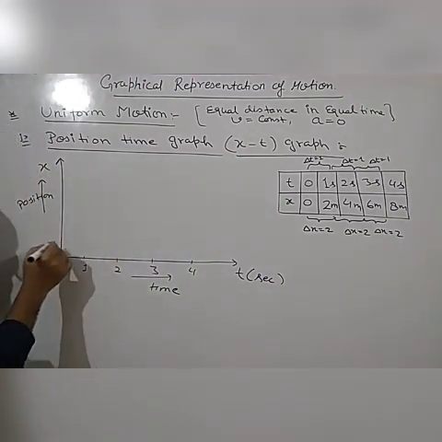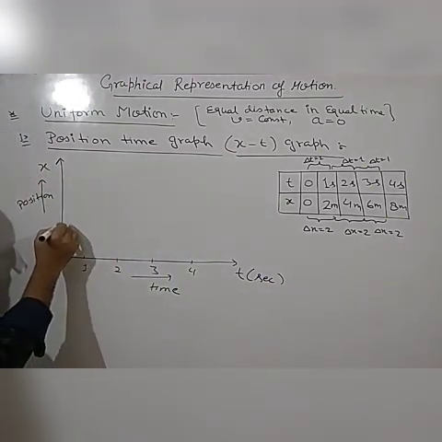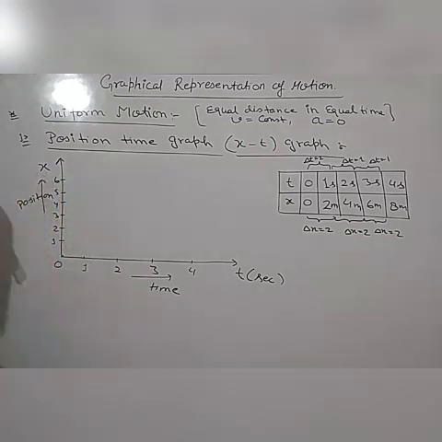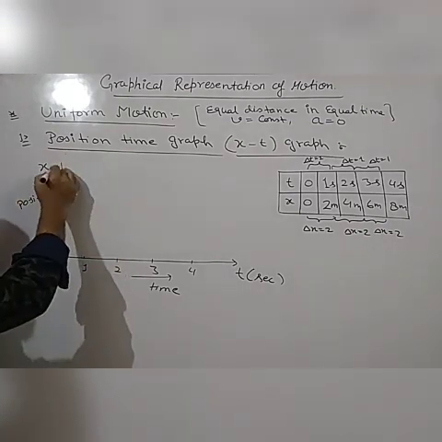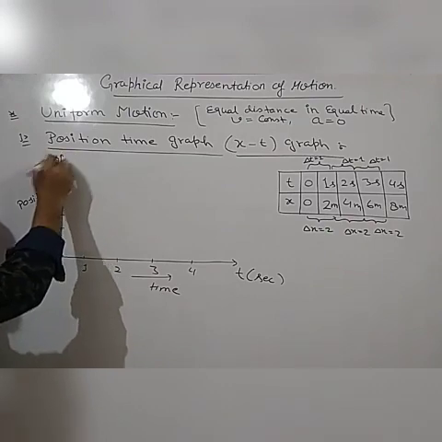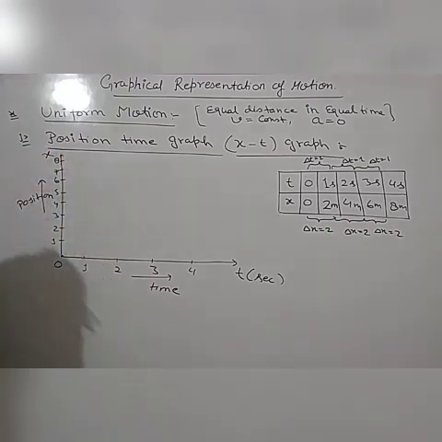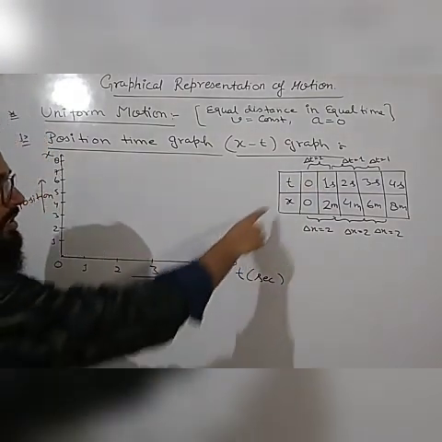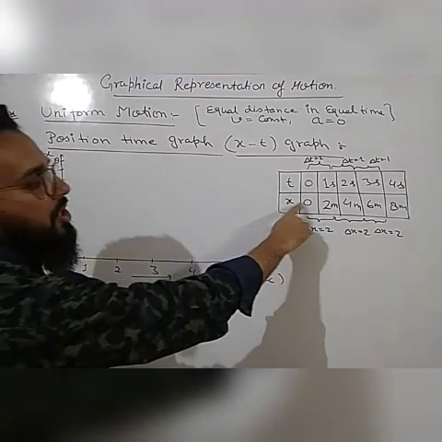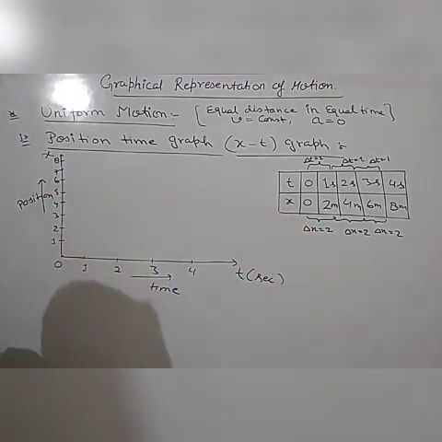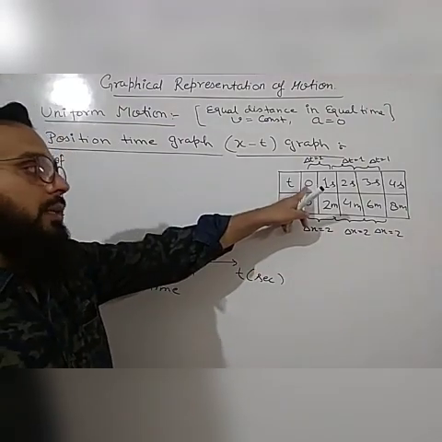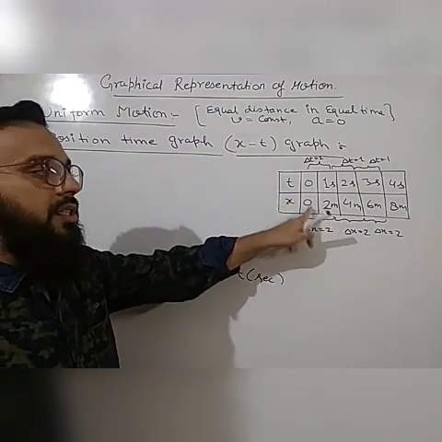And let us take here position as 1, 2, 3, 4, 5 and 6, or 7 and 8. This is our position. So if we locate these coordinates, here time is on x-axis and position is on y-axis, and I already told you how to represent the coordinates on a graph paper. First we represent x coordinate, then we represent y coordinate.